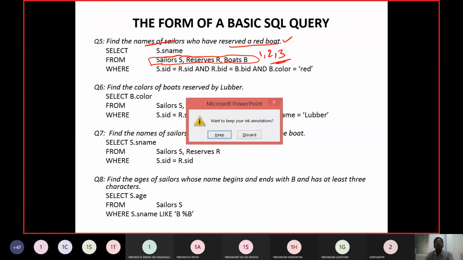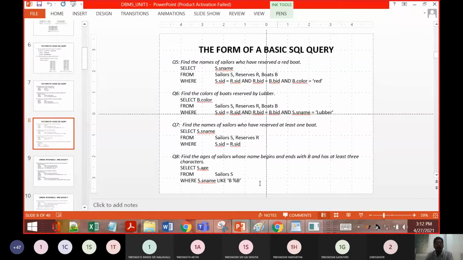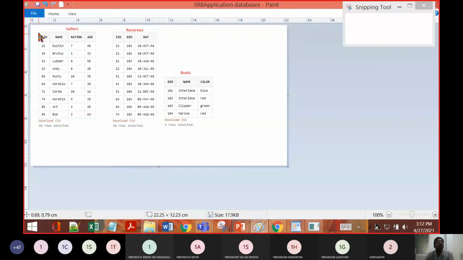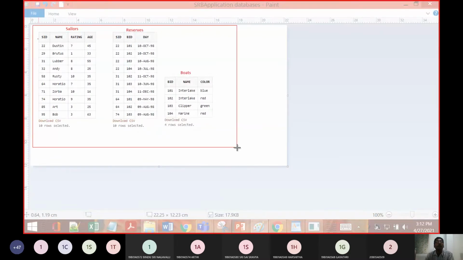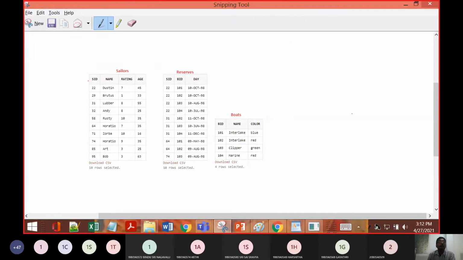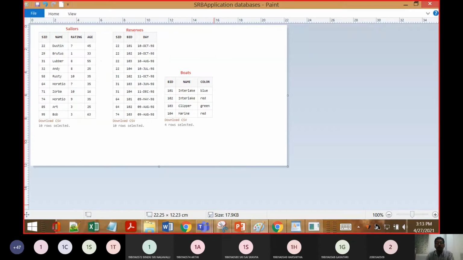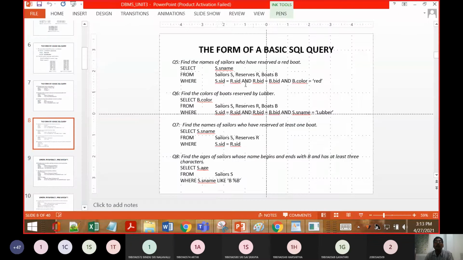The name of the sailor is available in the sailor table only. Next, what was the question they were asking us?